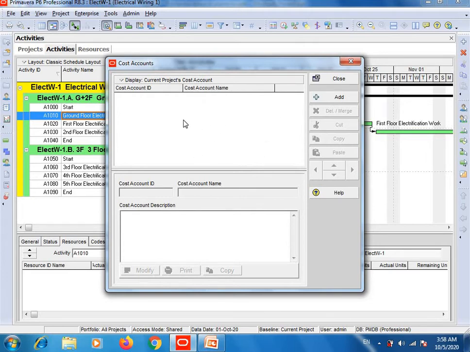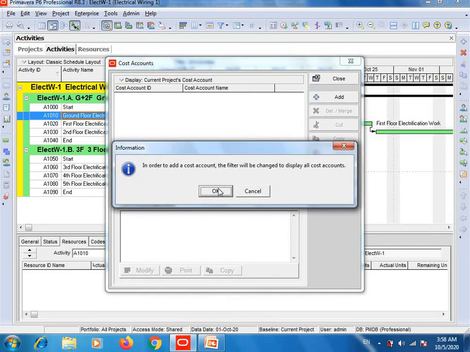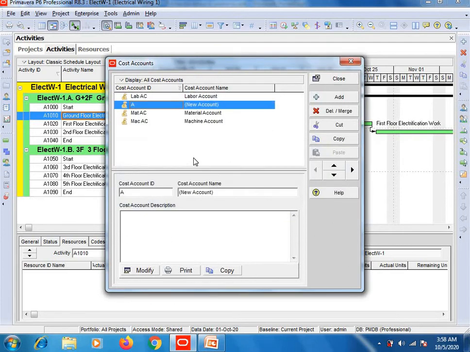I already did some entries. By clicking on add, you will see the entries I did already, like lab AC, cost account ID, which means labor account, mat AC, material account, and mac AC, machine account.